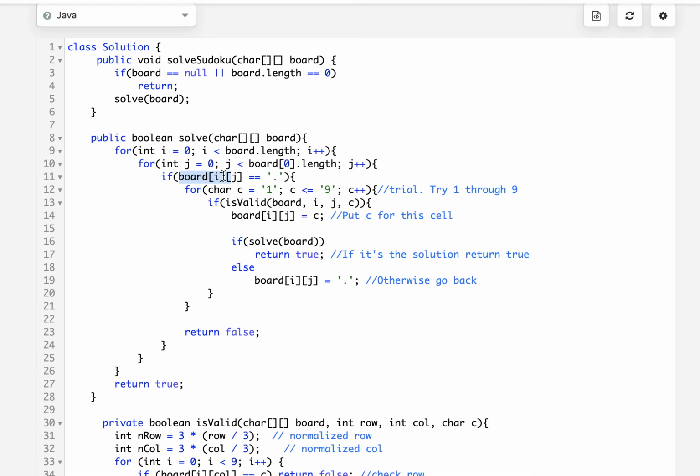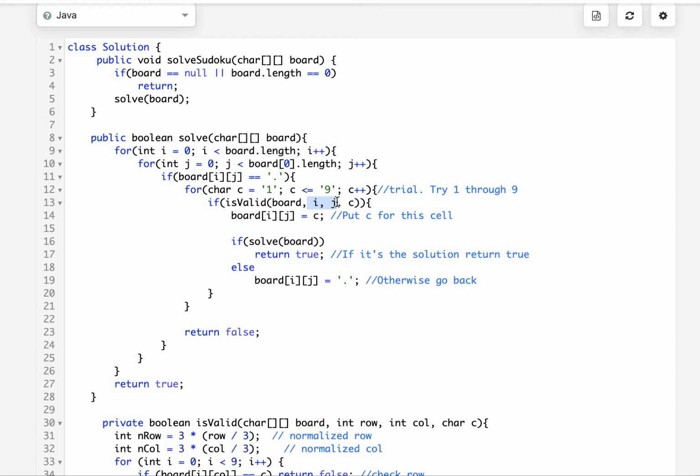If that element happens to be an empty or vacant element, it will try to fill in characters starting from 1 up till 9 onto that board. So we'll start from 1 up till 9, and we'll check whether, if we add this character at I comma j index, the state of the board is valid or not. We'll talk about this method later on, but let's walk through the algorithm first.